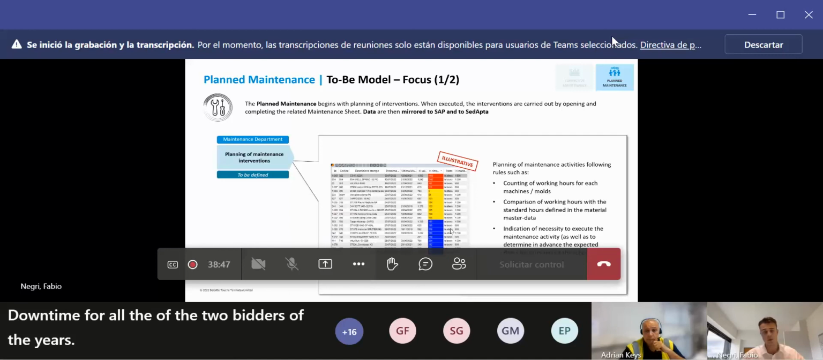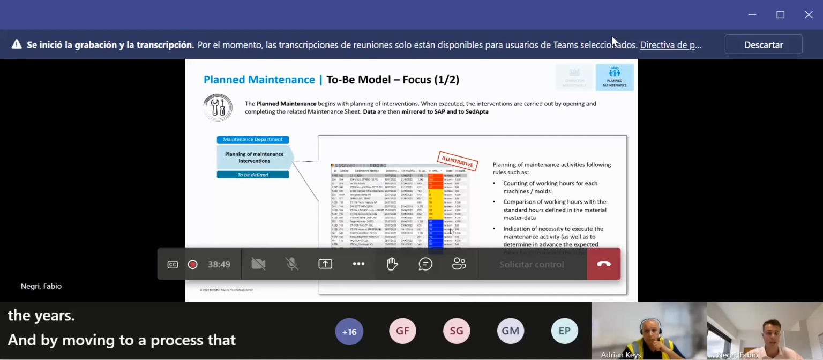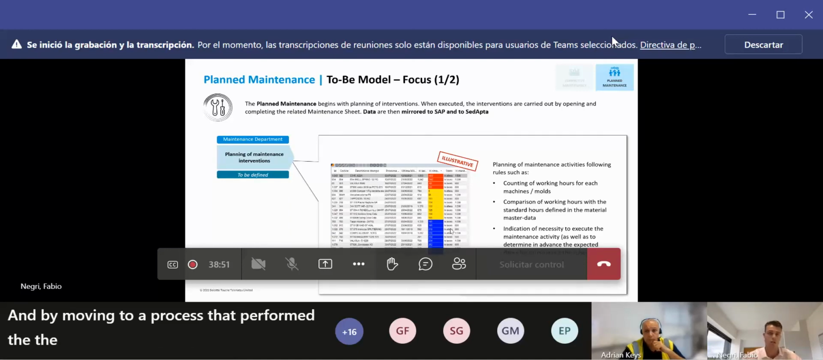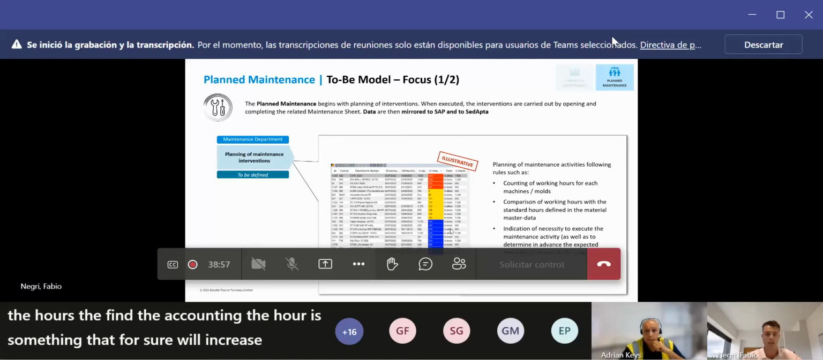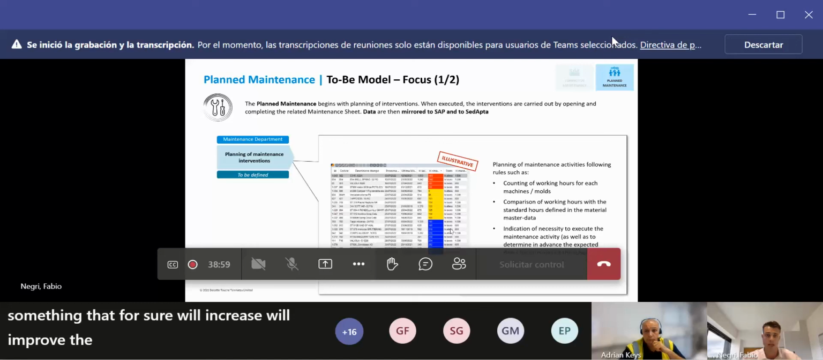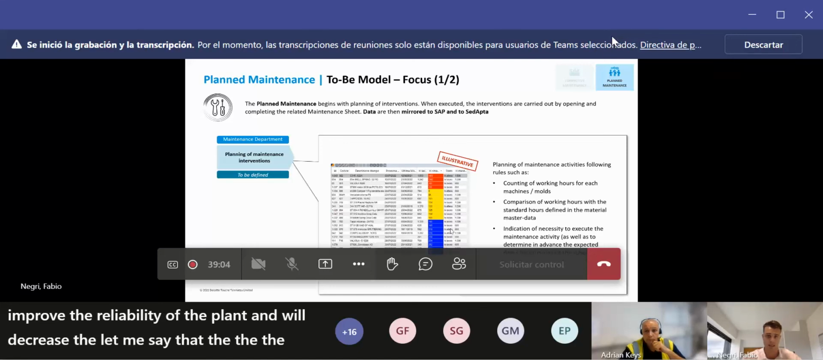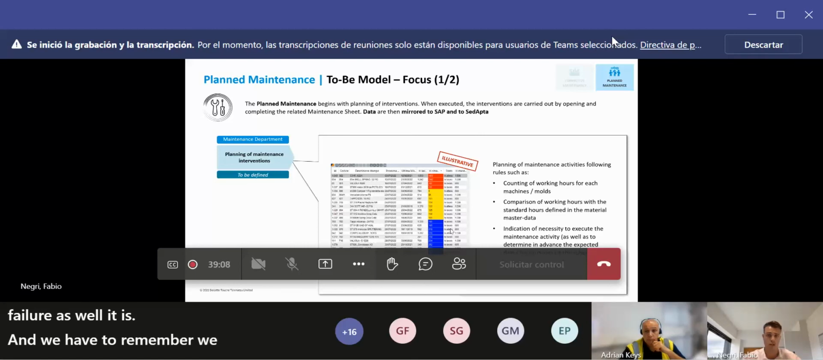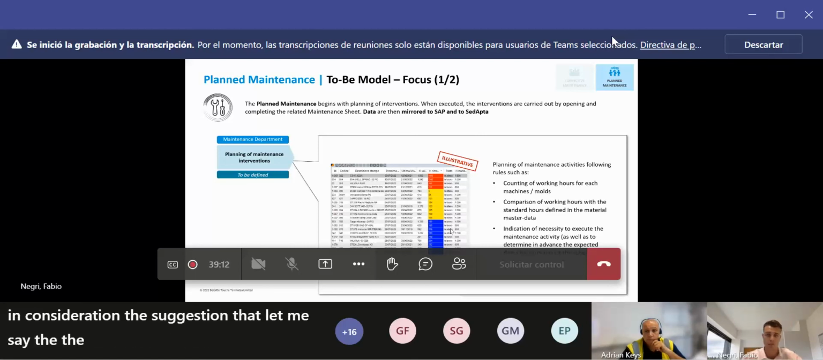By moving to a process that performs the maintenance intervention according to the hours defined, counting the hours is something that for sure will improve the reliability of the plant and will decrease, let me say, the failure casualties. We have to take into consideration the suggestion, the point of attention, that has been raised from Lerdola,